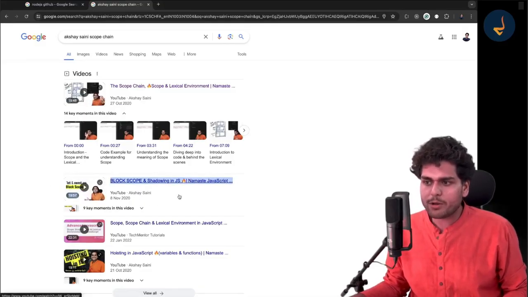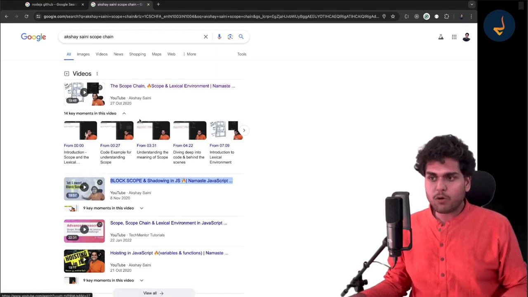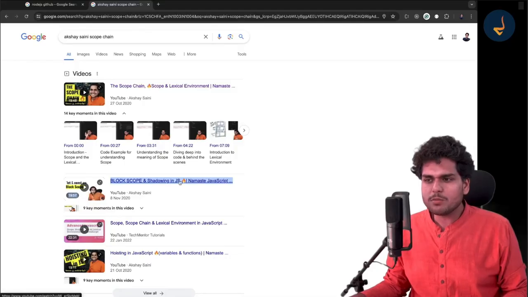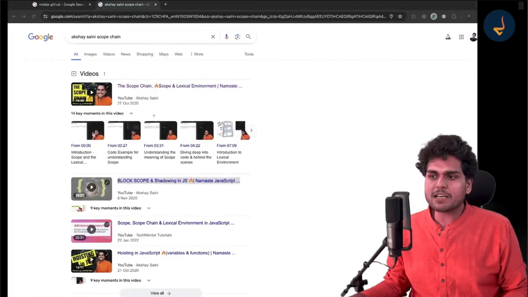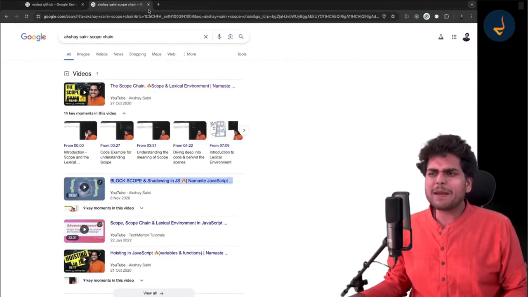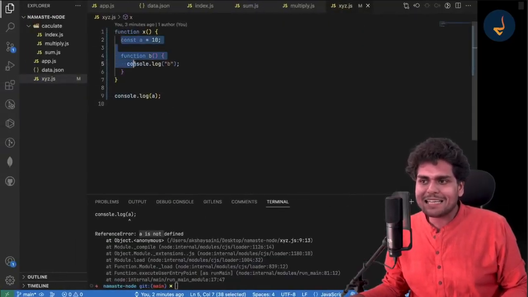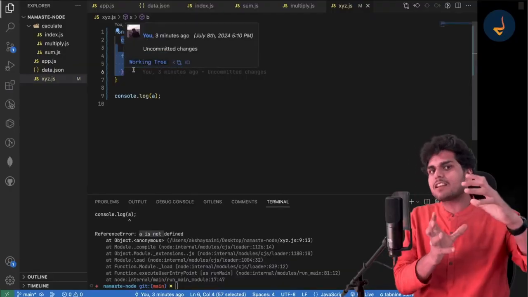Block scope and shadowing in JS. Okay, watch these two videos in sequence in Namaste JavaScript on YouTube. That will give you a better understanding of how scope works. But basically what I am trying to say is that you cannot access the variables and functions inside another function